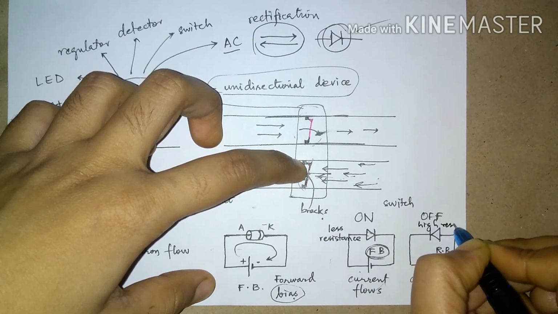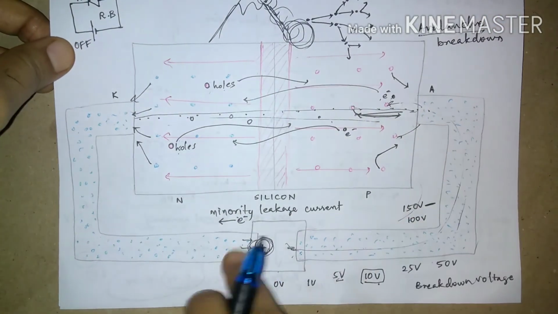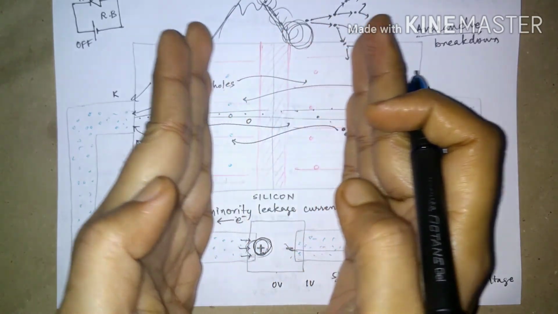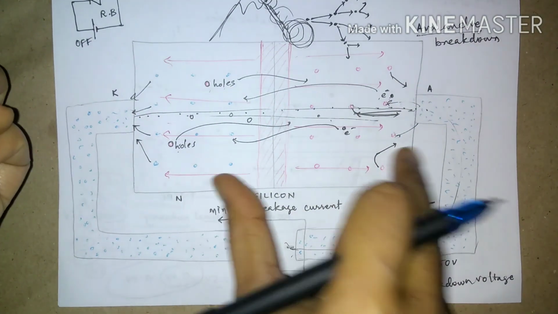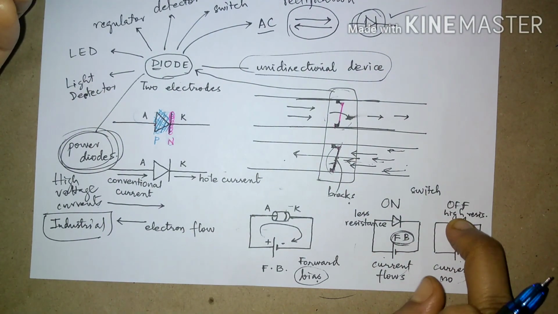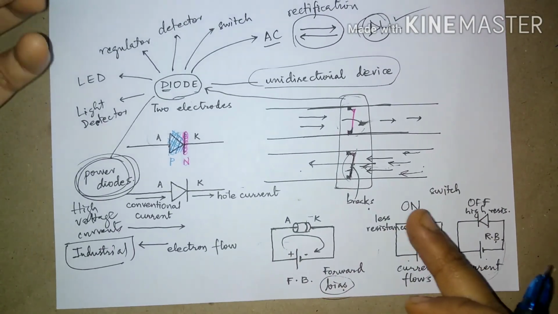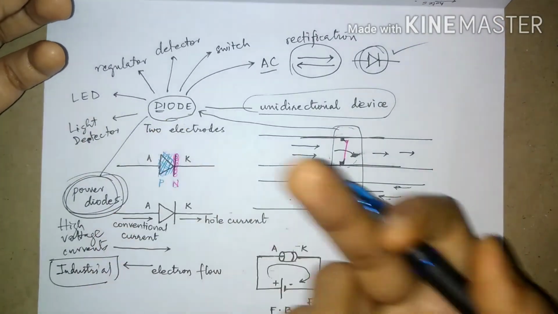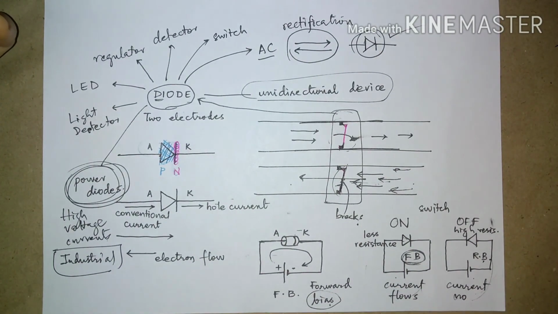So that is why they consider that the diode has less resistance in forward bias and high resistance in reverse bias. Why high resistance? Because whenever you apply reverse bias, this whole region is getting depleted of charge carriers. Are there any charge carriers? If there are no charge carriers, definitely the resistance is very high. So that is why in reverse bias the diode offers high resistance, and in forward bias the diode offers very less resistance. That is how it works, and that is why the diode is used actually. Fine, I hope the whole concept is clear, and if I miss any topics to discuss, let me know.